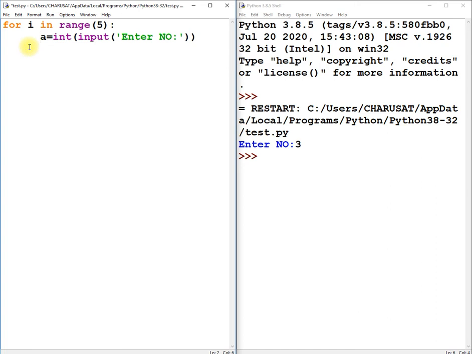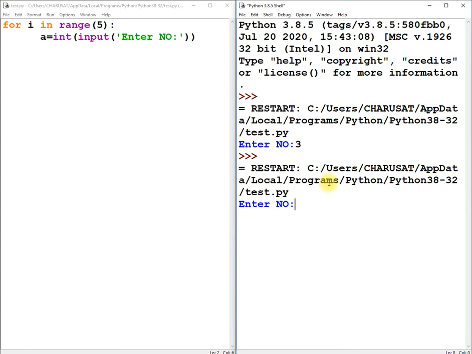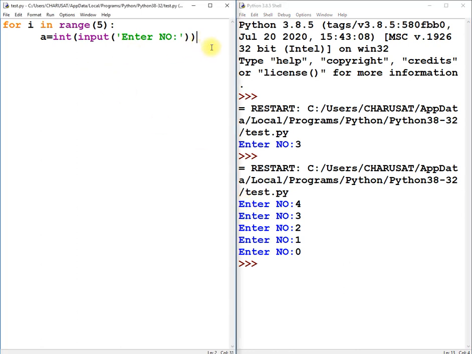Why? Because indentation defines that this is part of the body of the for loop. Now I run this code and you will see what happens. I am entering my first number, and it keeps asking. Okay, so you can see now I have been prompted 5 times. So this is how you can write a for loop.